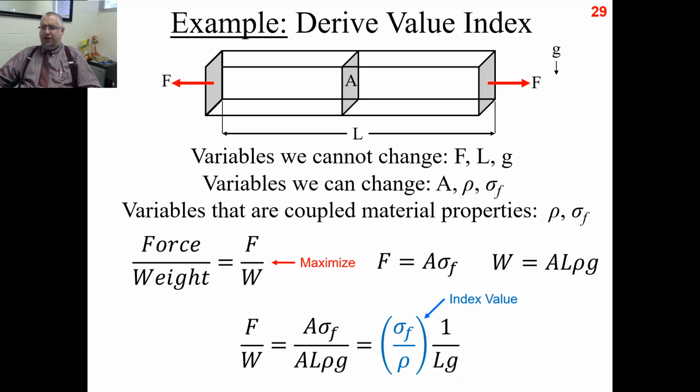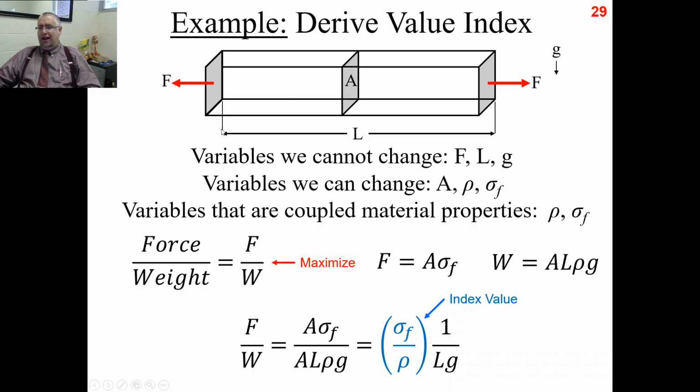So the variables that we can change are the cross-sectional area, right? We can make this thing bigger in the space that it's fitting in. We can change the density, and we can change the strength, and we can change density and strength again by changing the material. The variables that we cannot change are the force that's imposed